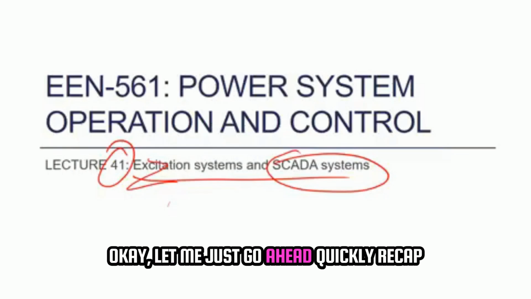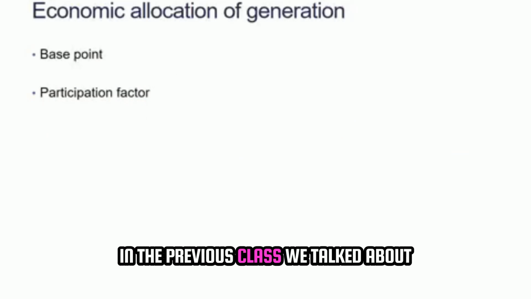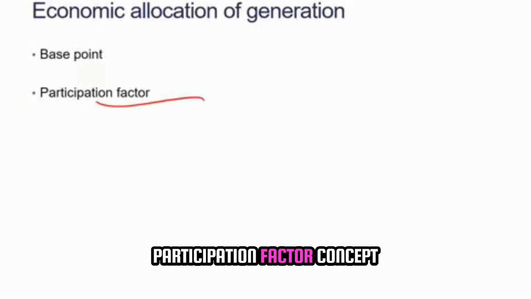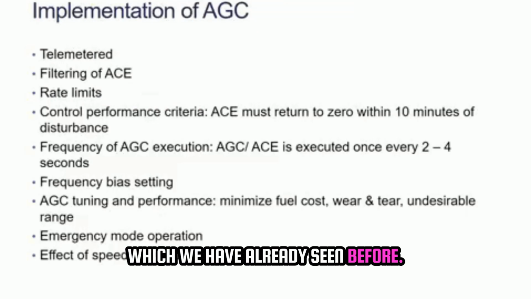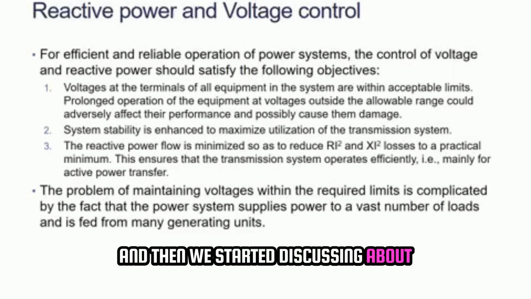Let me quickly recap the things which we have seen in the previous class. We talked about economic allocation of generators, where we use the participation factor concept, which we have already seen before. I gave you a brief introduction about implementation of AGC, and then we started discussing the reactive power